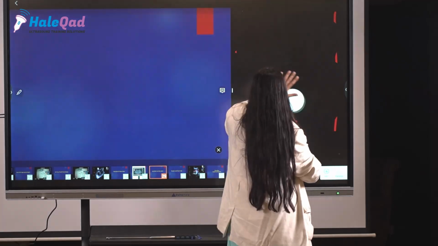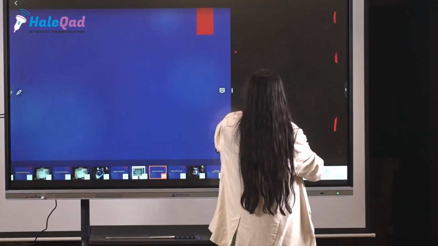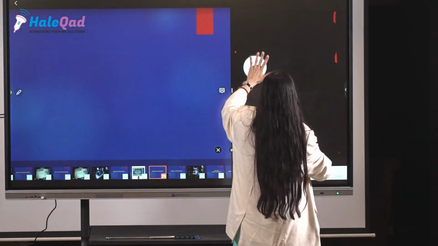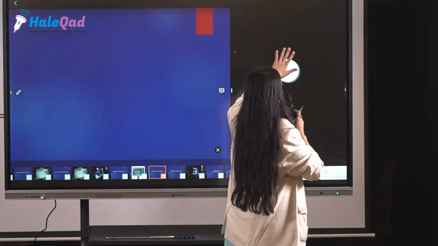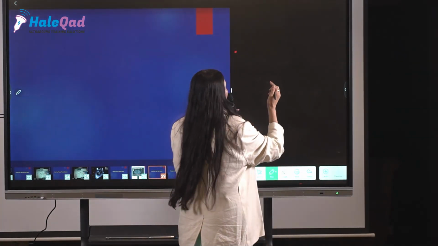I have switched on my machine, entered all the patient details, chosen a preset and my probe, and now I am ready to do the scan.